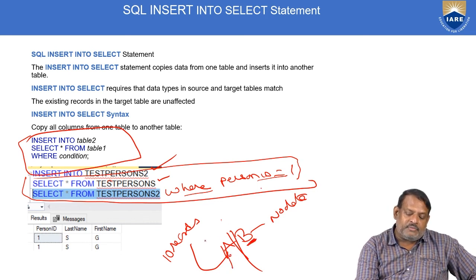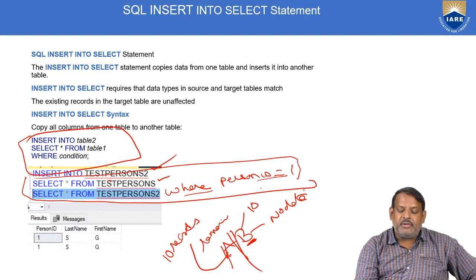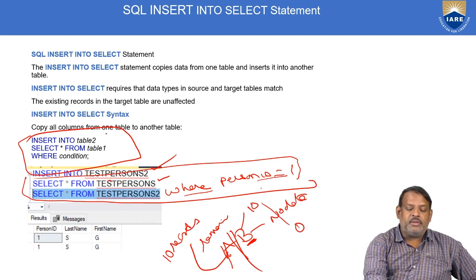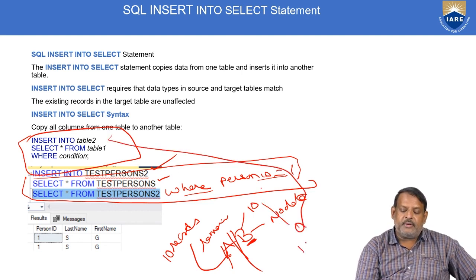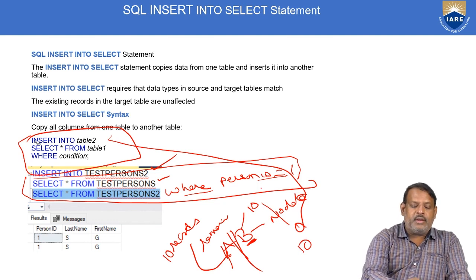Table A is not affected. It remains the same. B will now have 10 records. Earlier it was 0 records. By using this command, we made it 10. Okay. With this, we completed